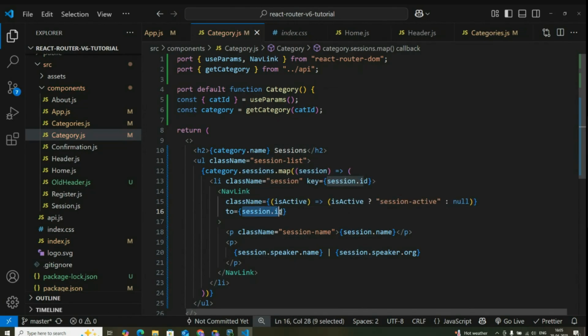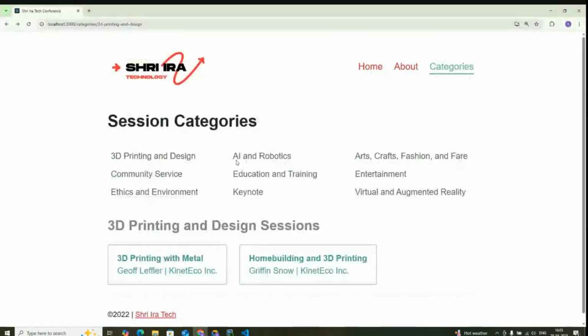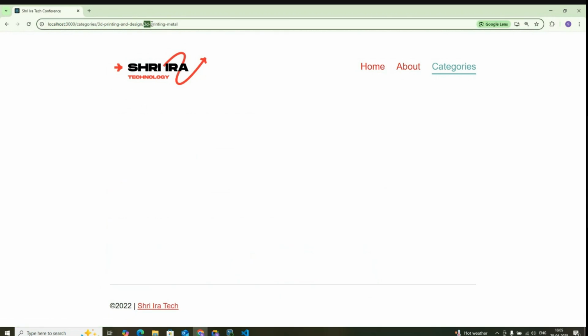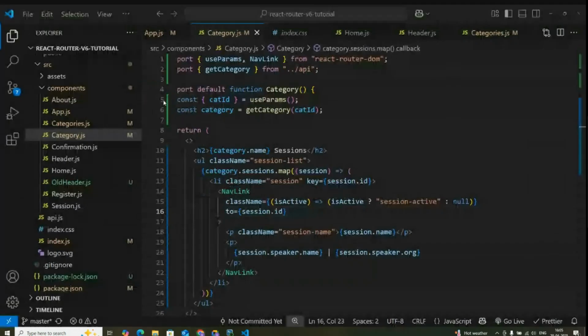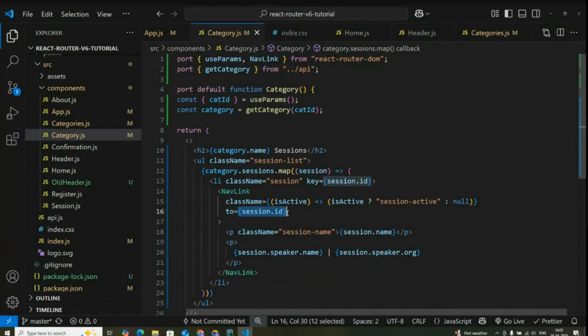It will append the path to the next element. Let's demonstrate that. Refresh this. And if I click on this, it will add this 3D thing to the end of the current path. If I add slash,